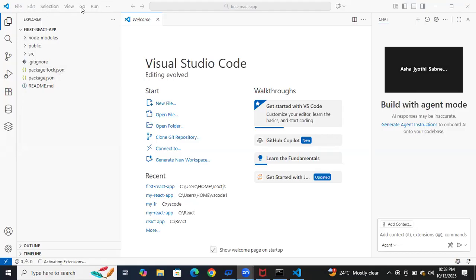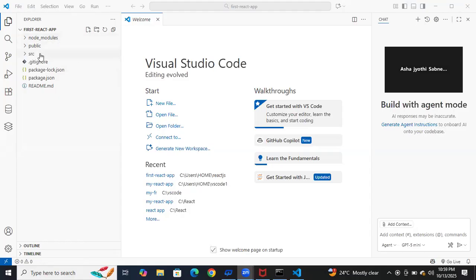It contains node module, public folder, src folder, git ignore, package-lock JSON, package JSON, readme. Okay, what is the use of node module? Node module stores folders of packages, from here we can call all the packages. Okay, public folder contains,